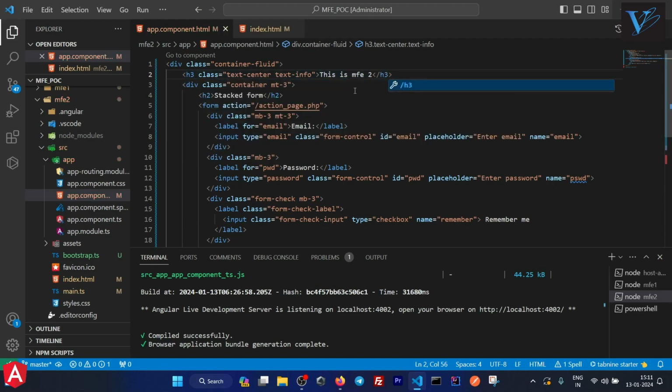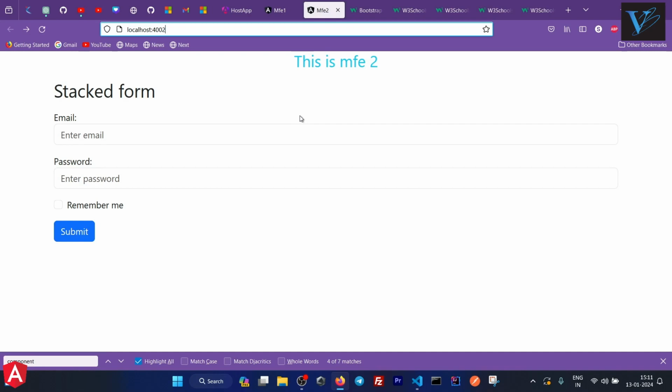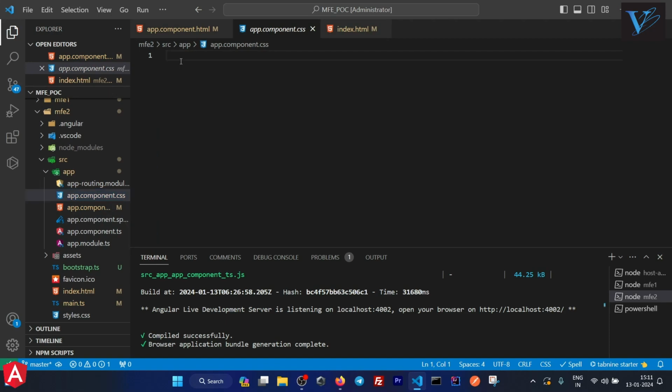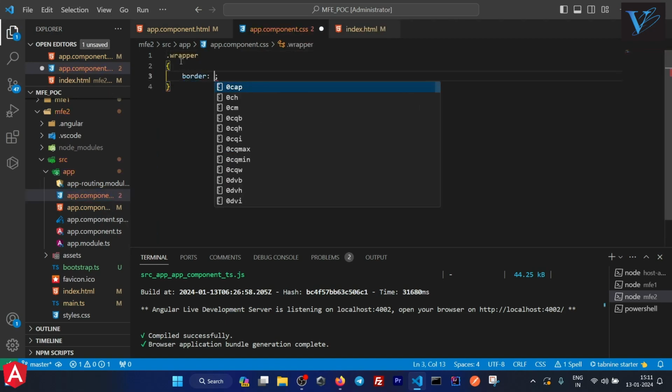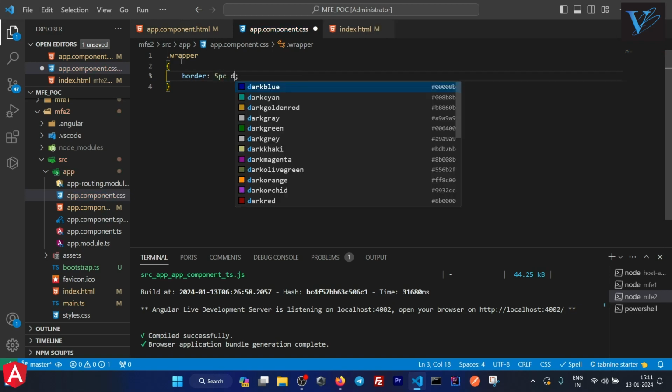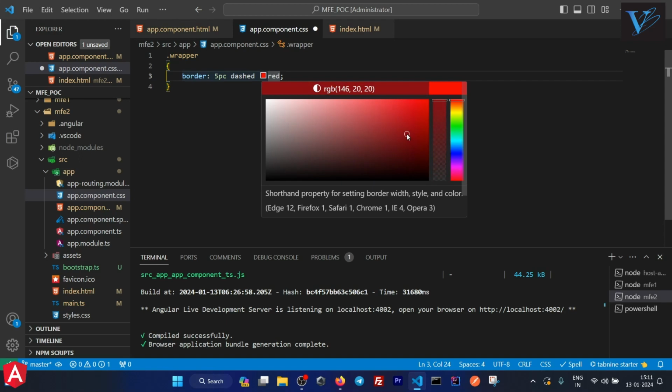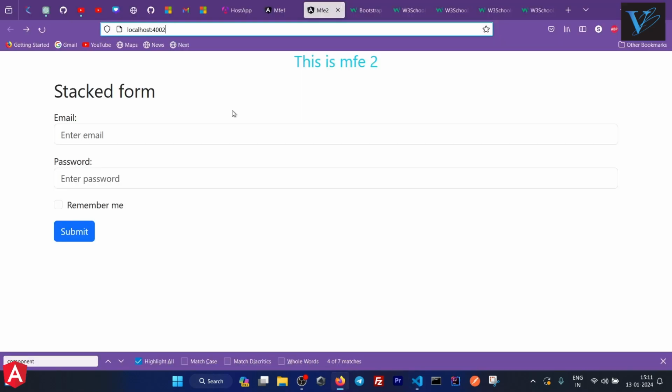Save this, and let me also give it the class as wrapper. Border 5 pixel, dashed, let's say red. We can also edit this. Save, and now